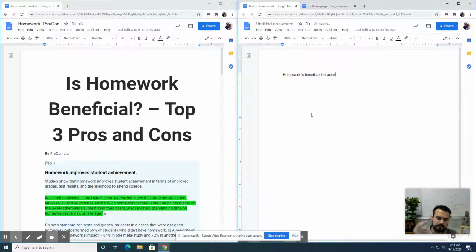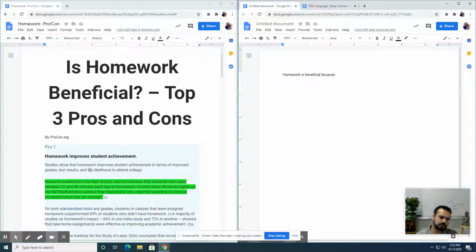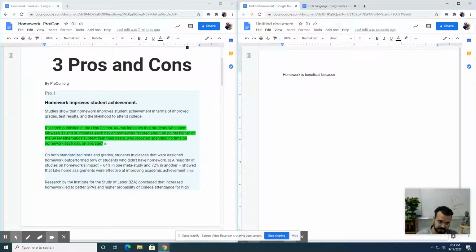Because now we need 3 statements that back that up. So our first one, this is the data, but the statement itself is it improves student achievement. Let's go with that. Homework is beneficial because it improves